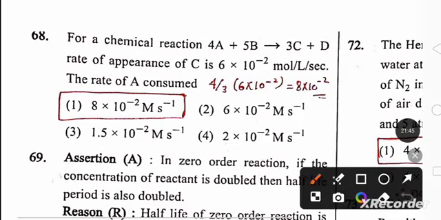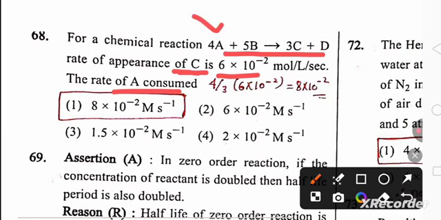For the given reaction, they have given one reaction. The rate of appearance of C is 6 into 10 raised to power minus 2 mole per liter per second. The rate of A consumed, the rate of disappearance of A: you can see, children, there are 4A on the reactant side and 3C. So the rate of disappearance of A is 4 times, whereas the rate of appearance of C is 3 times. So the rate of disappearance of A is 4 by 3 into 6